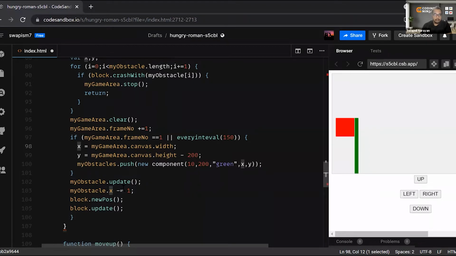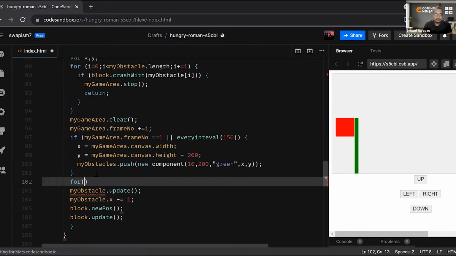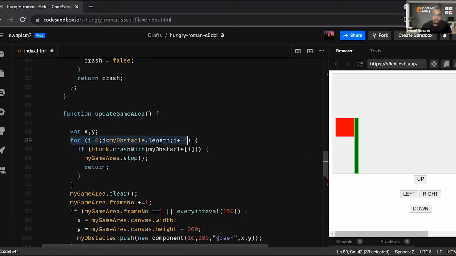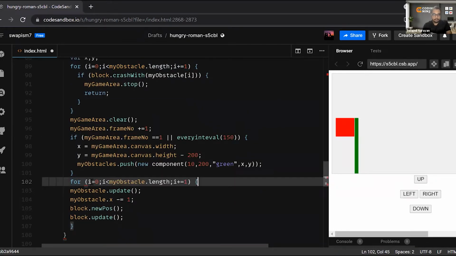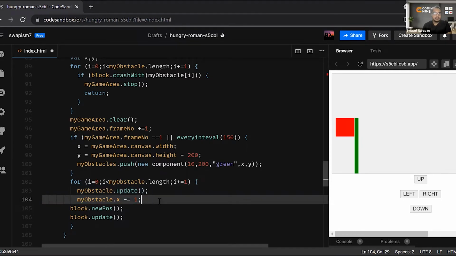Now what I will do is block dot new pose and block dot update is there. I will remove this, and I will put this complete thing inside a for loop. Because my obstacles is in a loop, right? So copying this for loop would help. Let me copy that for loop. Both things will be kept inside that for loop only.